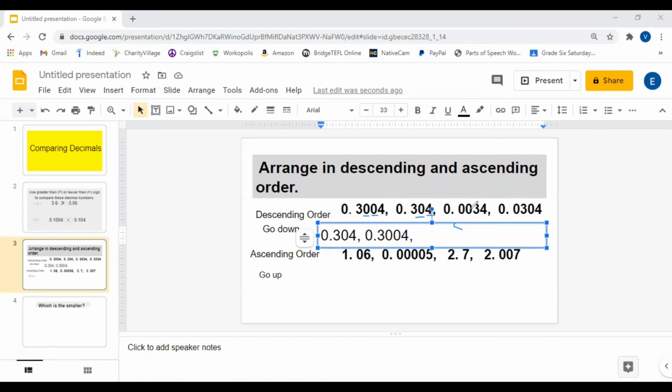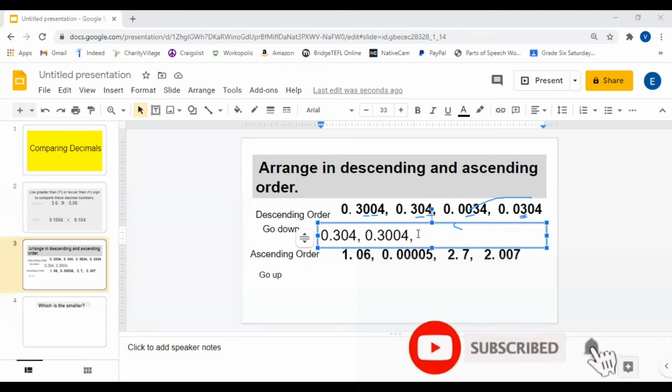The third one here is 0, right? And the third one here is 3. So guys, because 0 is smaller than 3, I'm going to put the one that has a third digit of 3 as the third largest number. So it is